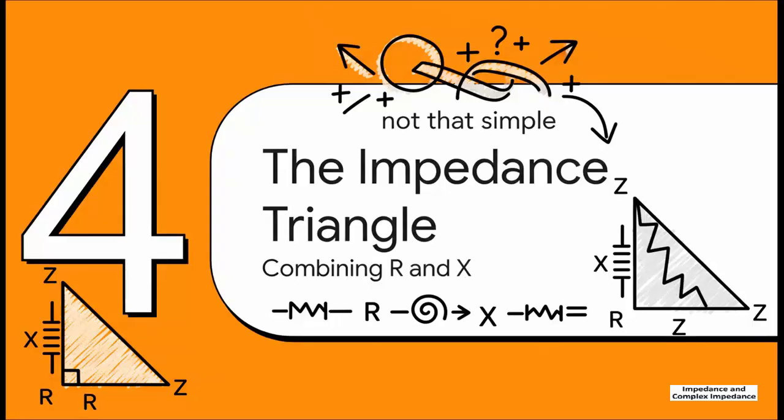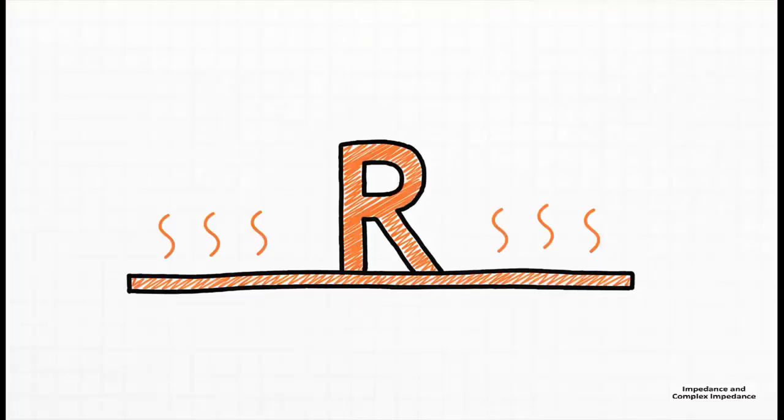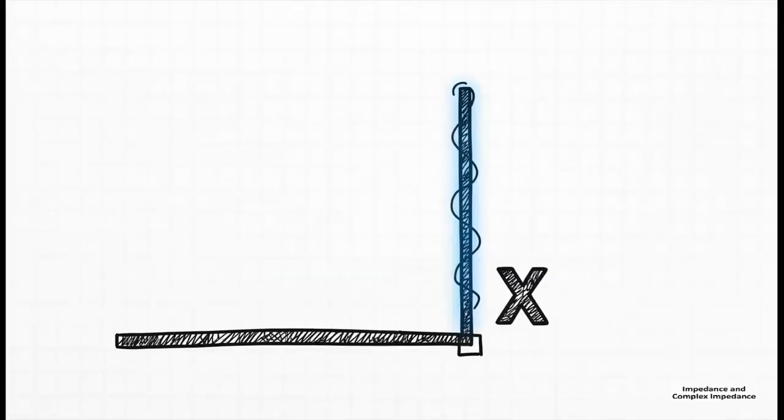To really get it, we need to visualize it with something called the impedance triangle. Let's build this thing from the ground up. First, imagine a flat horizontal line. That's our resistance. It's the real, straightforward, energy-burning part of the opposition. It's our foundation. Now, what about reactance? Since it's storing and releasing energy, it's completely out of sync, or out of phase, with the resistance. So we draw it as a vertical line, going straight up from the end of the resistance line at a